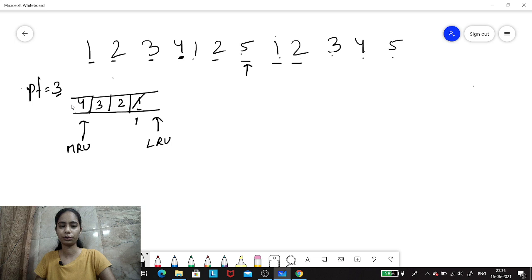Now when I come on to 1, the element accessed would be 1, right? Again the cache capacity is full, so the least recently used one would be at the back, so we pop from the back and we insert an element at the front. So this is the one inserting at the front. Now the element 2 comes, right?